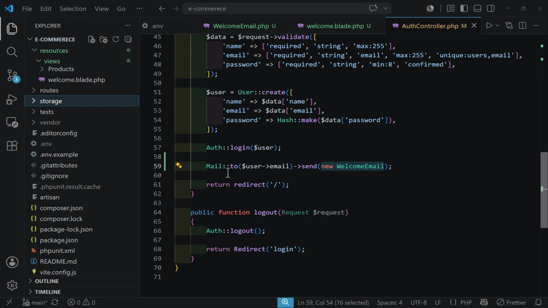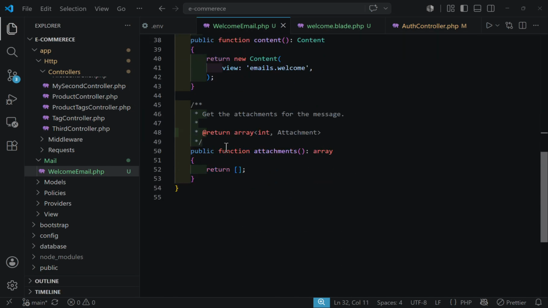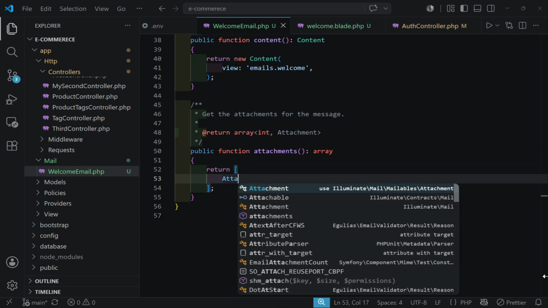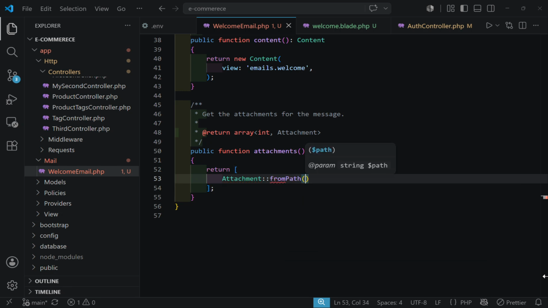Now let's see how we can send an attachment also with our email. So let's go back to our email, welcome email.php, and scroll down to the attachments function. Inside the return array, we have to type attachment from path, and in here we have to provide the path